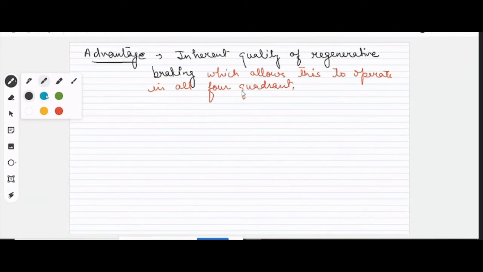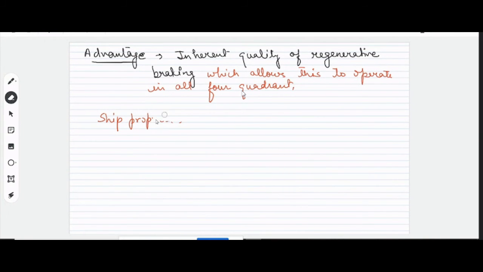हम Ward Leonard system पढ़ रहे हैं। हमने देखा कि Ward Leonard system को स्पीड कंट्रोल के लिए यूज कर सकते हैं, लेकिन कुछ एप्लीकेशंस ऐसी हैं जहां पर we may not have an AC supply available, right. Even it is hard to have the diesel, it is hard to have the DC power supply. Now, one such application is the ship propulsion system. शिप प्रोपल्शन, राइट।